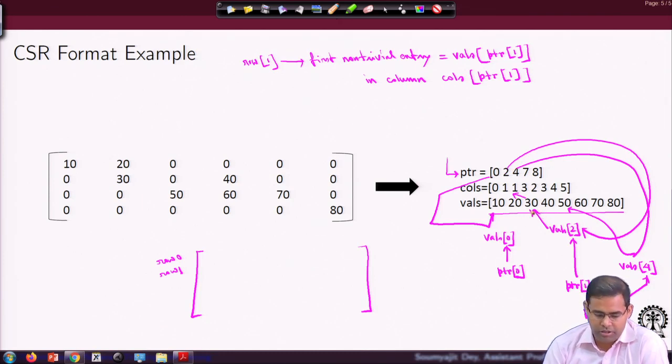So, that contains 30. And the corresponding column position is what? That simply calls of PTR 1. Since PTR 1 is 2, columns of 2 is containing 1, right.